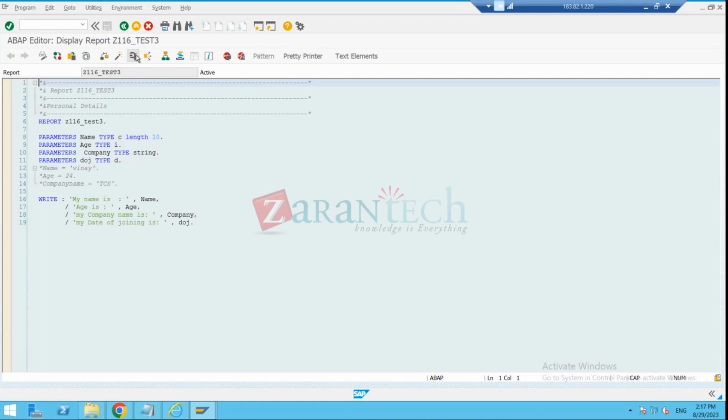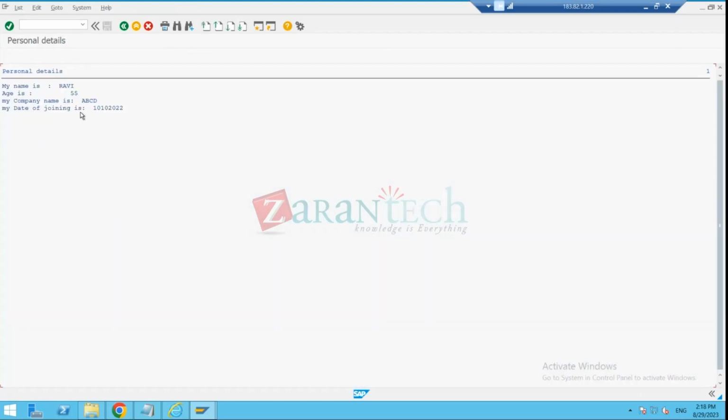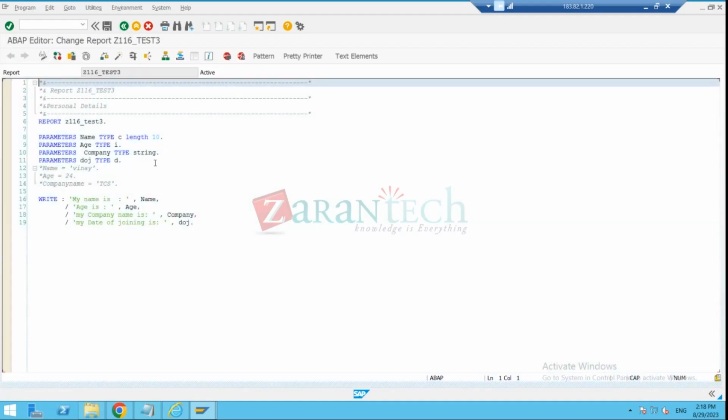Okay, so let me run this. Name is company, date of joining. What is your doubt now? The space before age is. Why is it coming like this? Correct. Basically, characters will follow left alignment, but numbers will follow right alignment. For any integer values, the system first occupies around 8 bytes of space and starts printing from the right-hand side. For example, in this program, let me take